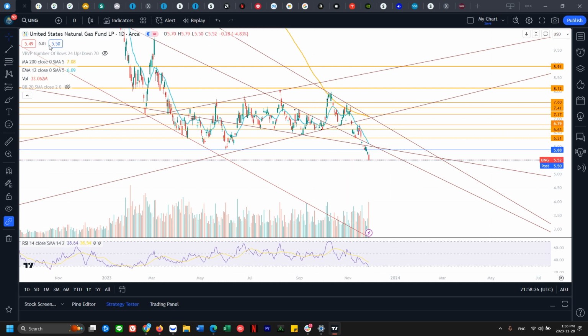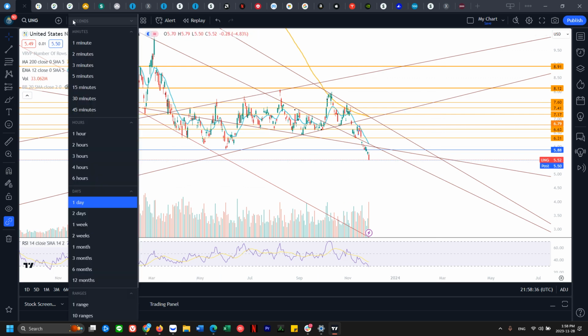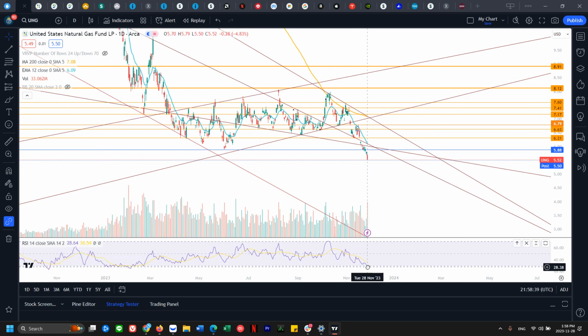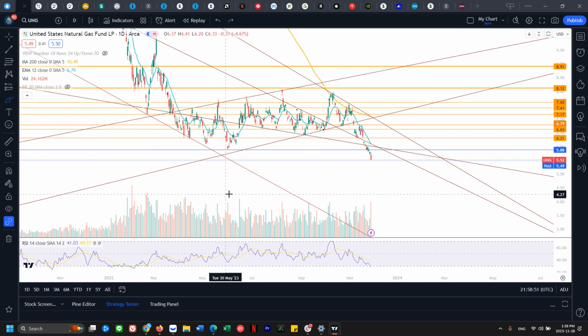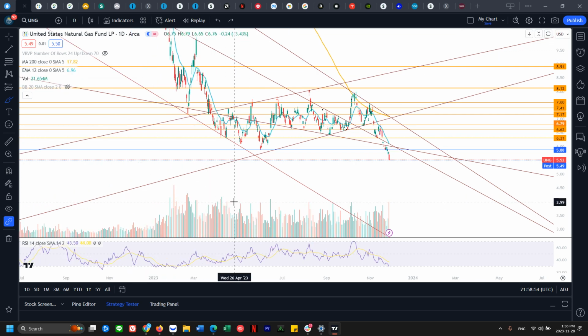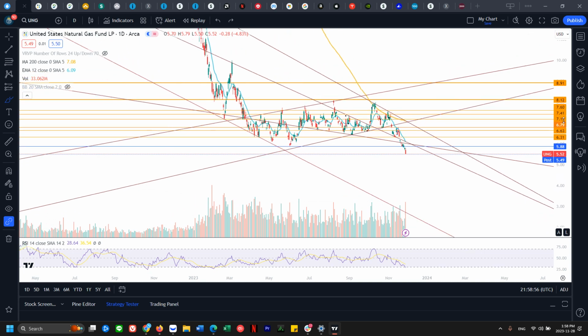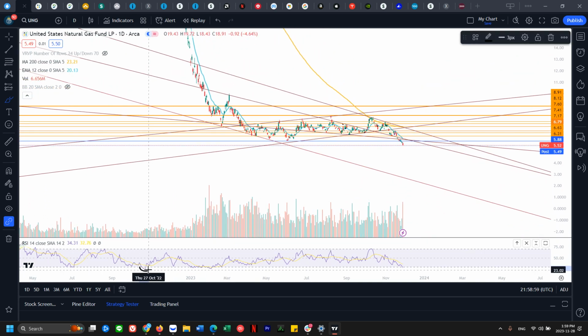So UNG is similar, it follows natural gas pretty much, so it's also hitting a 52-week low. So now we wait for support to form along the way, and we're also getting a little bit daily oversold. Daily oversold can also stay oversold, so you can just look at this part. It was oversold from January 3rd all the way to February, for a whole month. So oversold can stay oversold. We don't want to use an indicator to just get in, right? You could have gotten in here as well, oversold at 23 RSI, which is pretty low.